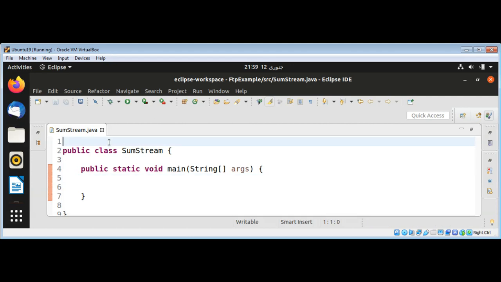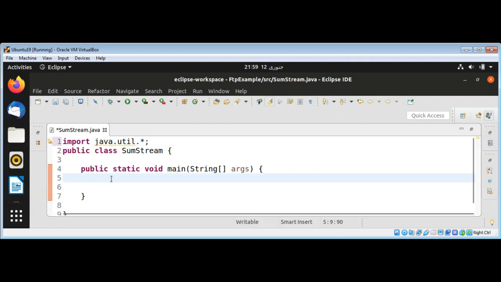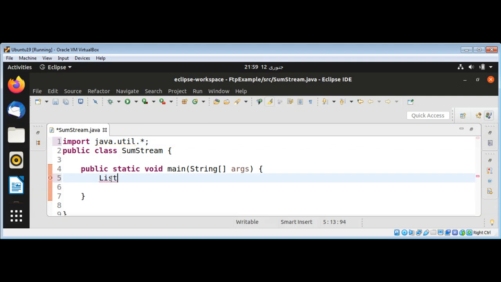I need to import the Java util package, and then in the main function I'm just going to create a list of integers, and I will name it nums for numbers, and I will use the Arrays.asList method to convert this to a list. 1 2 3 4 5 6 7 8,